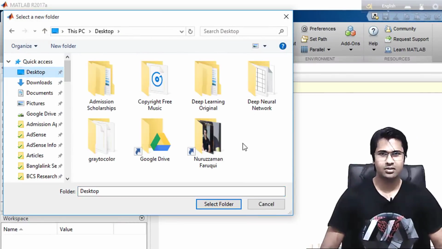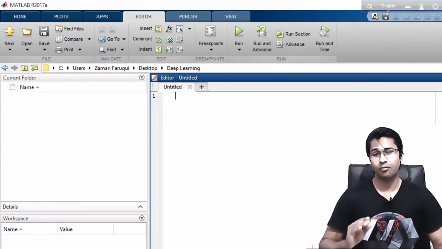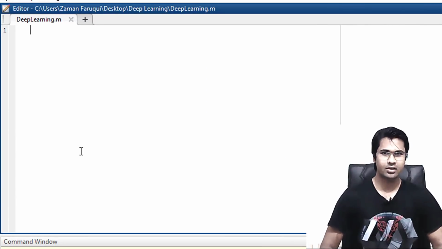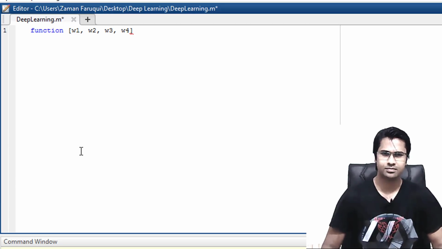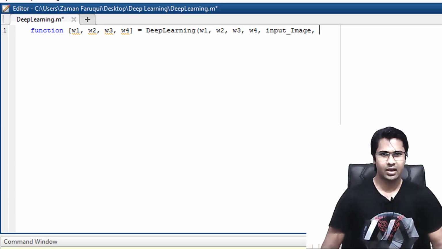Create a folder. Let's call it Deep Learning. Then create the first function. The name of the function is Deep Learning. You can use any name you want. However, as we are implementing this function for deep learning, I prefer naming it Deep Learning. This function will take 4 weight matrices as input. It will take 1 image and 1 correct output as input as well, and it will return 4 weight matrices